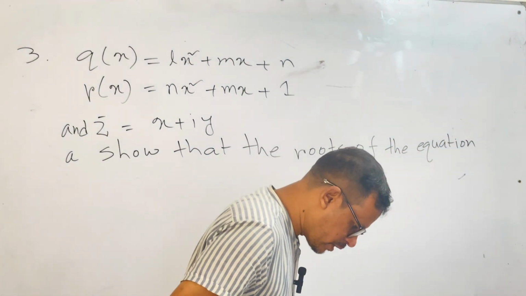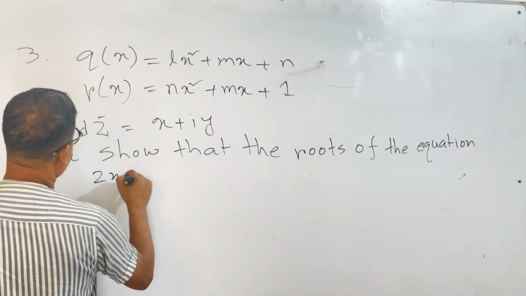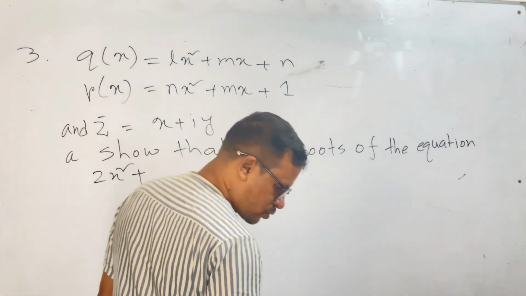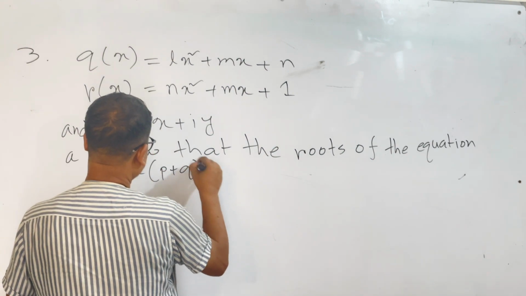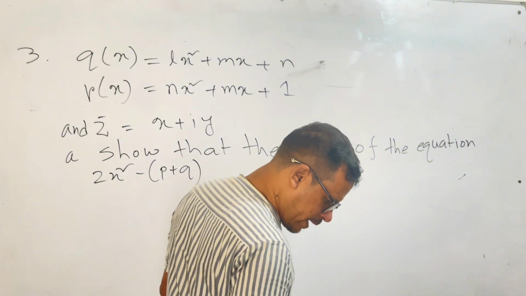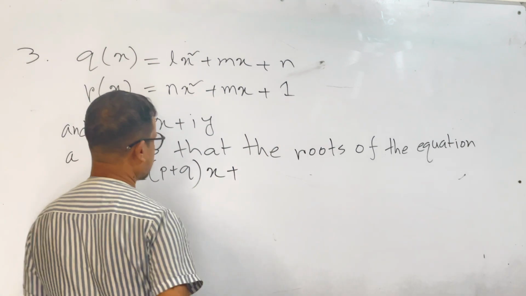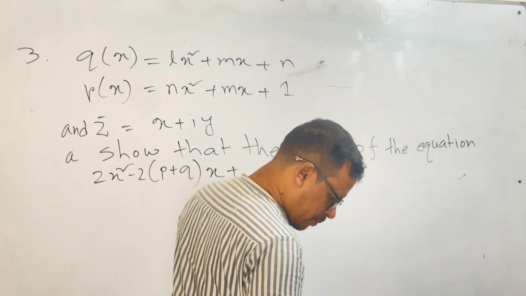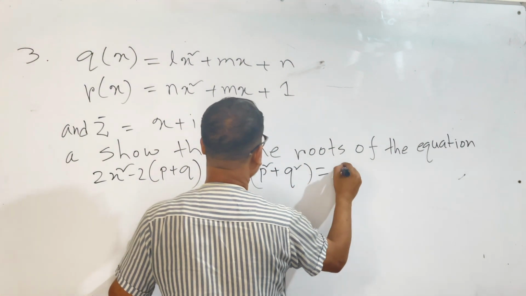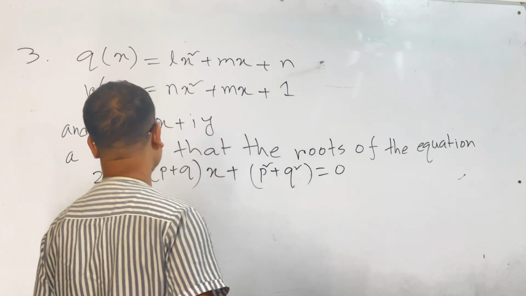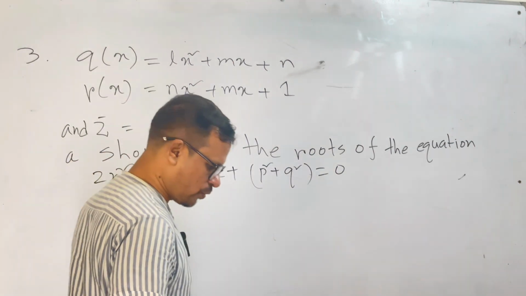Which equation? Roots of the equation 2x square minus 2(p plus q)x plus p square plus q square equal to 0. Show that the roots of the equation 2x square minus 2(p plus q)x plus p square plus q square equal to 0